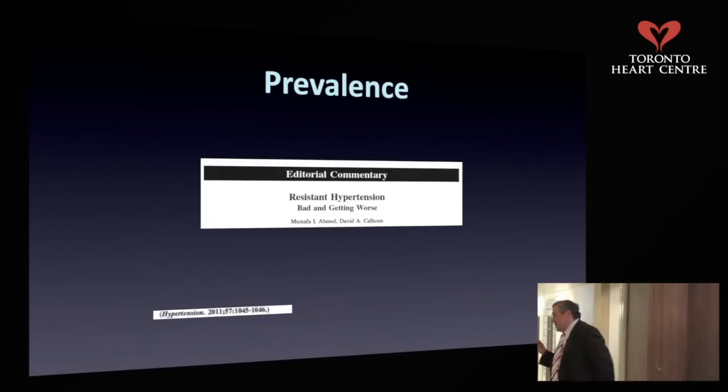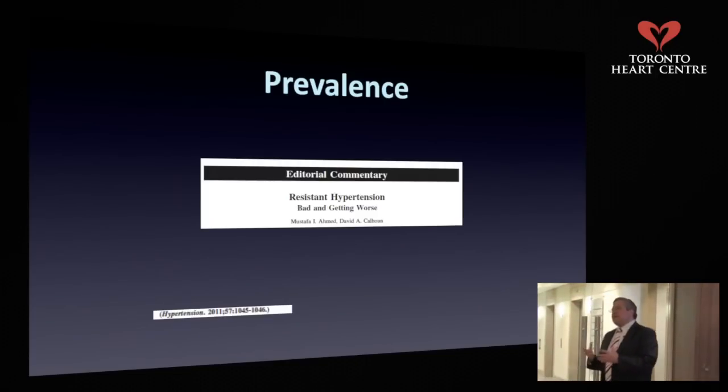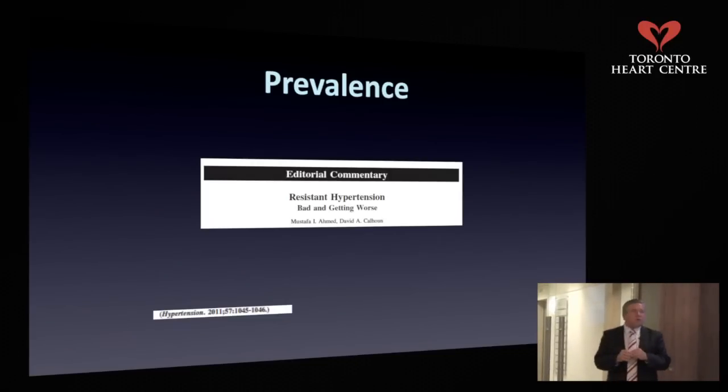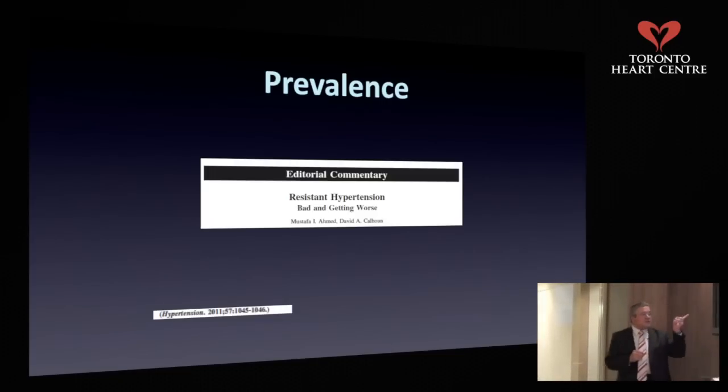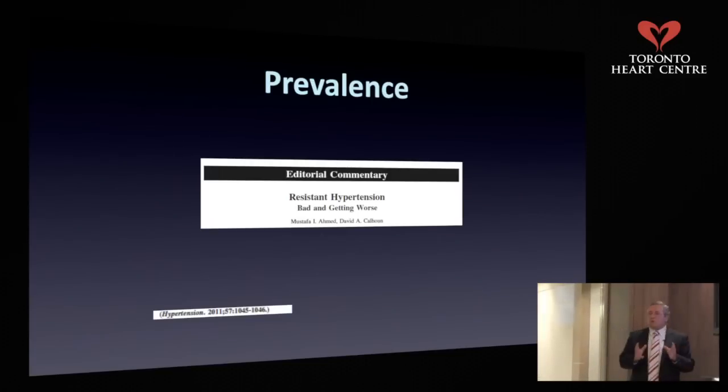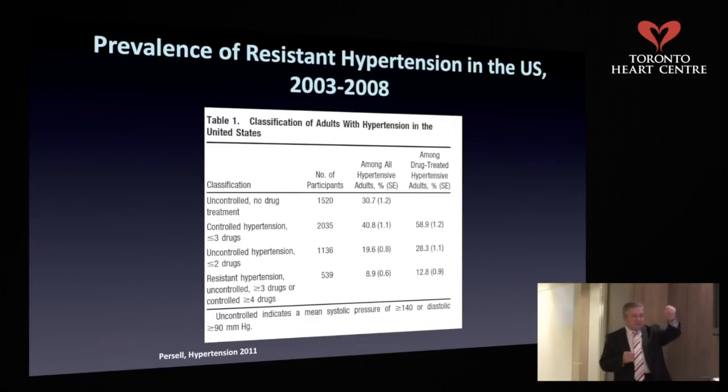I mean, how prevalent is it? And we really don't have a very good idea. Now, there are some newer studies that are pointing to the fact that it's actually not uncommon. This is an editorial published in Hypertension 2011, and as you can see, the title is self-explanatory, Resistant Hypertension, Bad and Getting Worse. And this is an editorial that accompanied this paper in the same issue of Hypertension. And this is based on a big survey called NHANES in the US. This is a survey on which they based their guidelines and is representative of the overall US population in terms